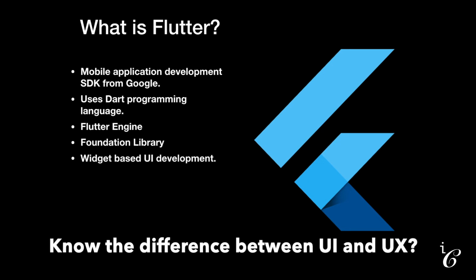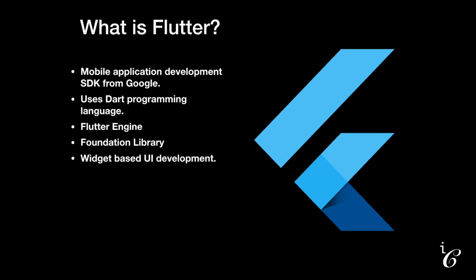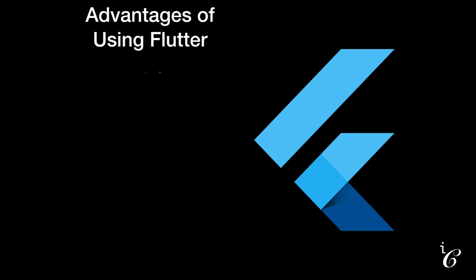Developers have two ways to craft rich UI and user experience for their applications. One by using widgets and the other by using the functionalities provided by the graphics library in the foundation library. Majority of time, developers use widgets to create user interfaces for their applications. I'll explain widgets in detail later in this session. Flutter widget supports both material design, which follows Google design guidelines, and Cupertino, which follows Apple design guidelines. This enables developers to create feature-rich UI for both Android and iOS in record time.